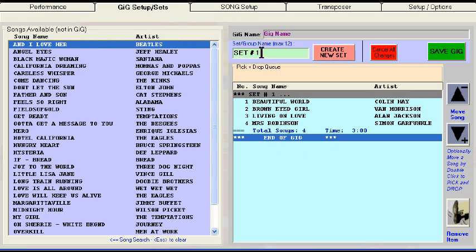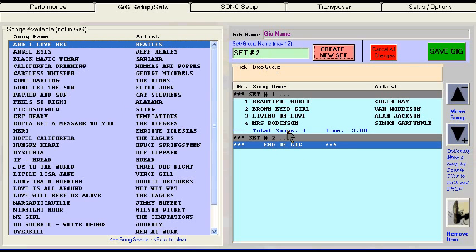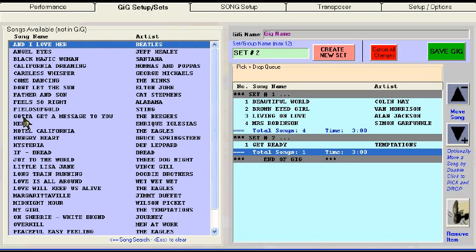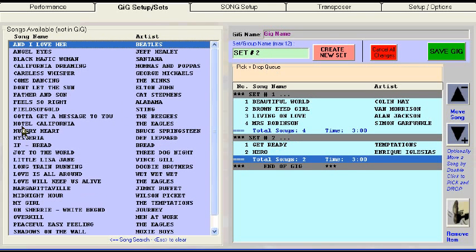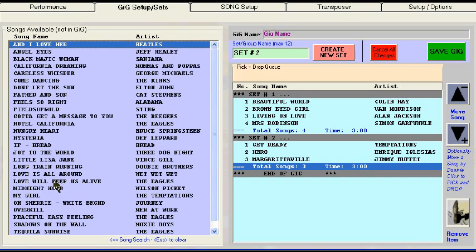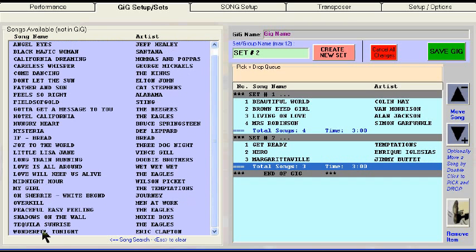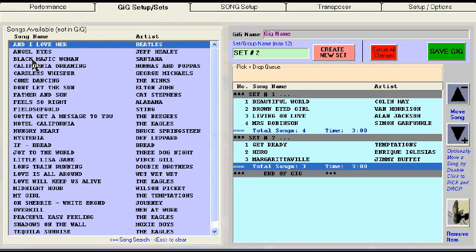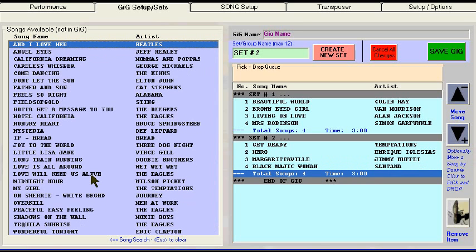Now I want to create another set, so I back this up and I type set 2, create new set. You don't have to call it set 2, you can call it anything you want. It's just a divider line. Now I start doing the same thing, picking songs. I may not even want them in that particular order yet. I can worry about that later. I simply continue to select the songs that I want for my second set. I'm going to grab this song, and okay, I've got 4 songs in set 2, 4 songs in set 1,